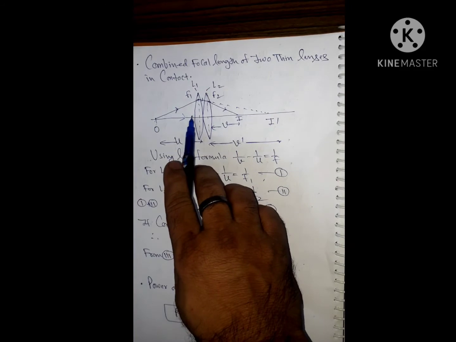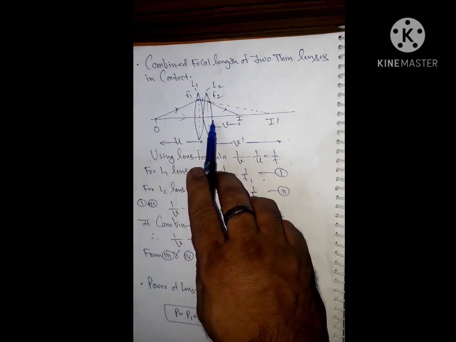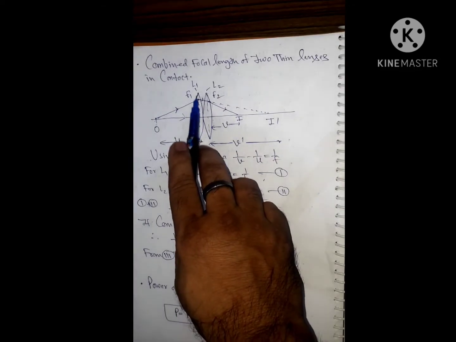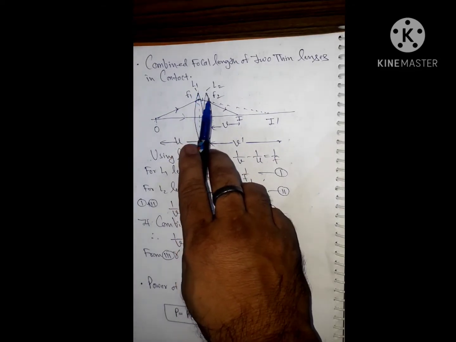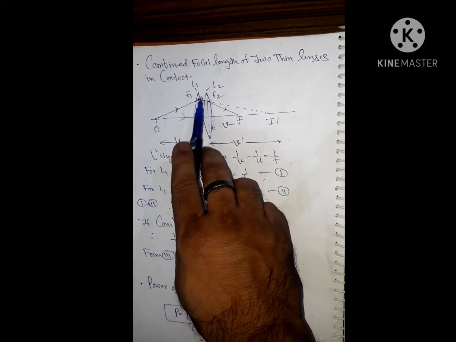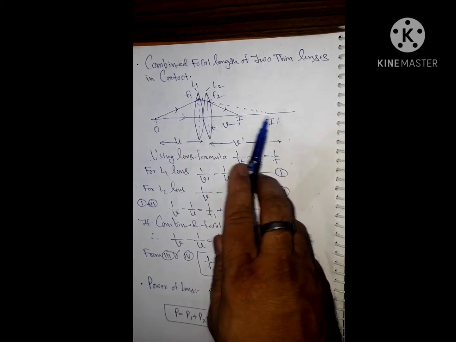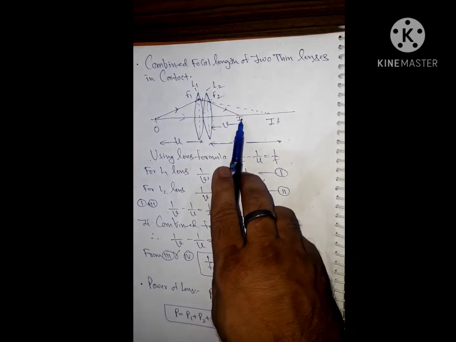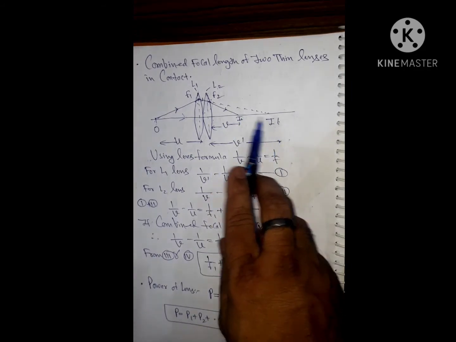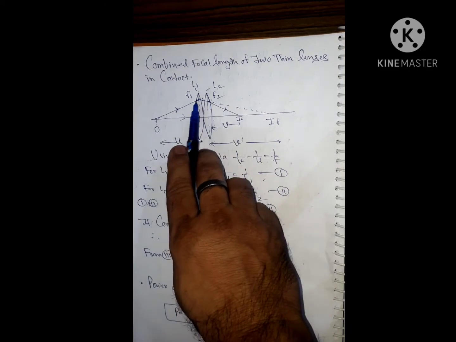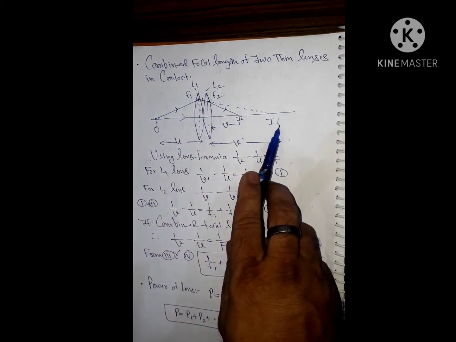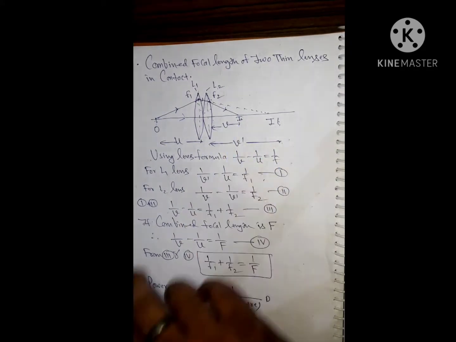the two rays come out, one normal to the lens and the second ray near to the lens. From the L1 lens, in the absence of the L2 lens, suppose its image is formed at I dash, and then in the presence of the L2 lens, the final image is formed at the point I. I dash is the virtual object for L2. For L1, the object is O and the image is the point I dash. Let it be v dash and this is the v.